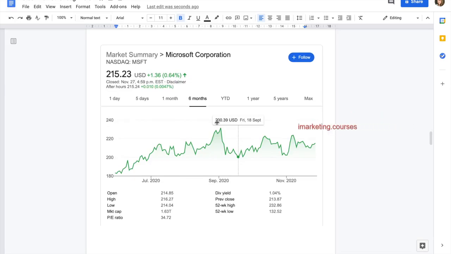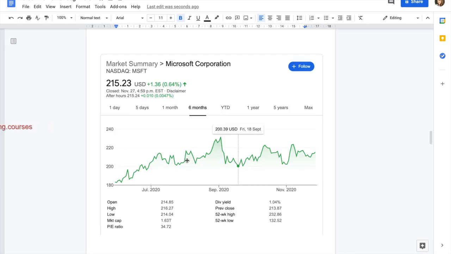So that means my $200.39 investment is now actually worth $215.23. So basically, my investment just went up $14.84. So if I decided to sell my Microsoft share right now for $215.23, I would profit